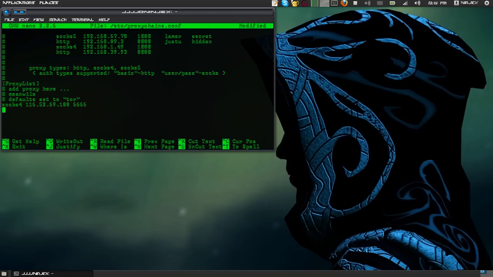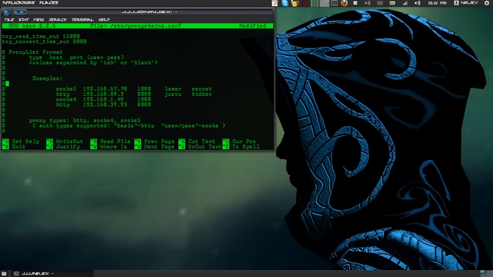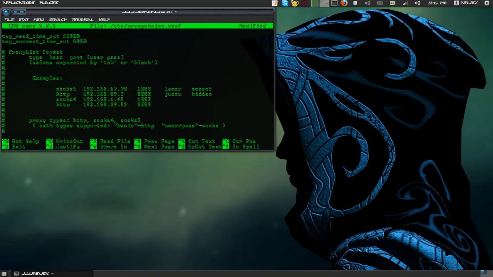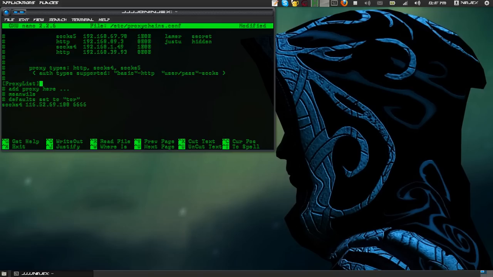Now, right here is basically examples, and the format right here is the type of proxy, the host, the port, user, and pass. And you type it in as these examples show. So your type, your IP, your port, user, and pass, unless you don't need a user or pass. So we'll go ahead and take mine out. What we're going to need to do is open up a browser and get some good